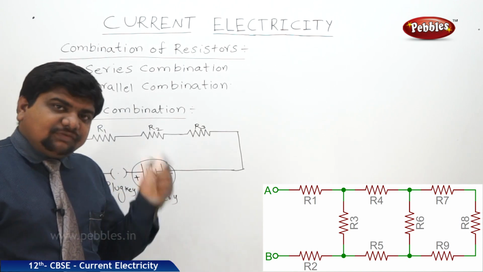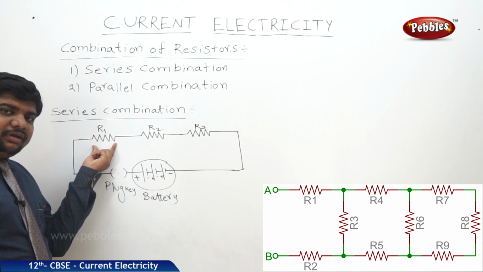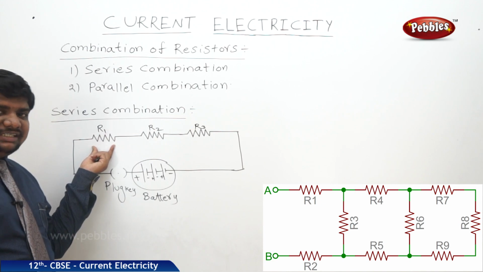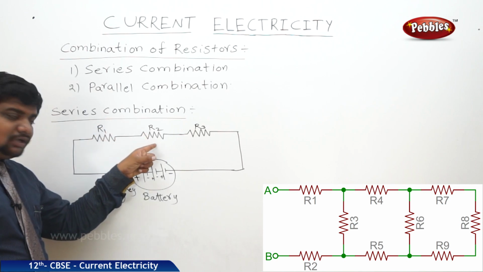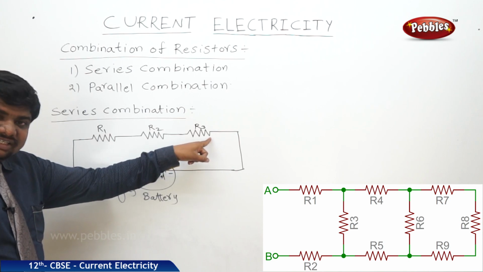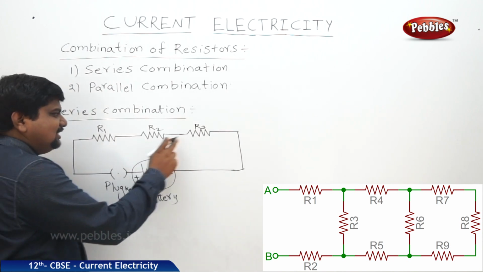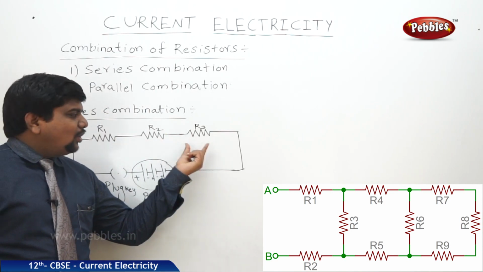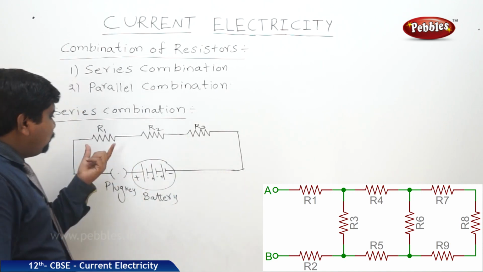Resistance opposes the flow of potential or charge. That means this resistor R1 offers some resistance to oppose the flow of charge. That's why some potential drop will occur at R1. Remaining charge will go to the R2. Here also potential drop occurs. Next, the remaining will pass through this R3, and here also one potential difference occurs. So potential drop occurs at each and every resistor. What is the reason? Because it is opposing the flow of charge.